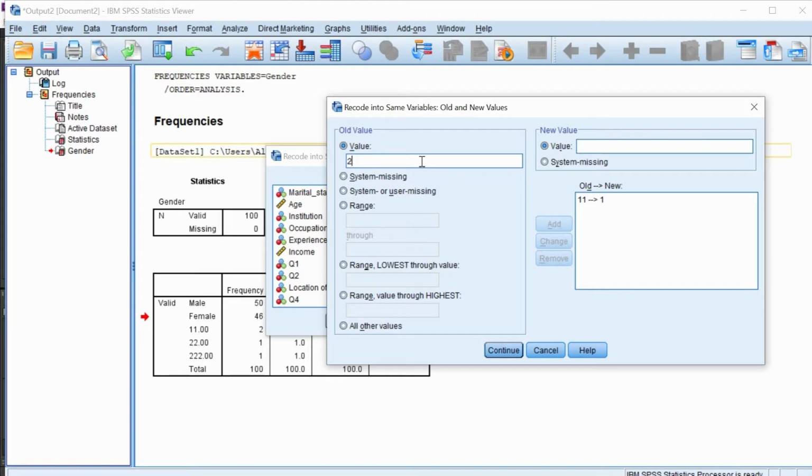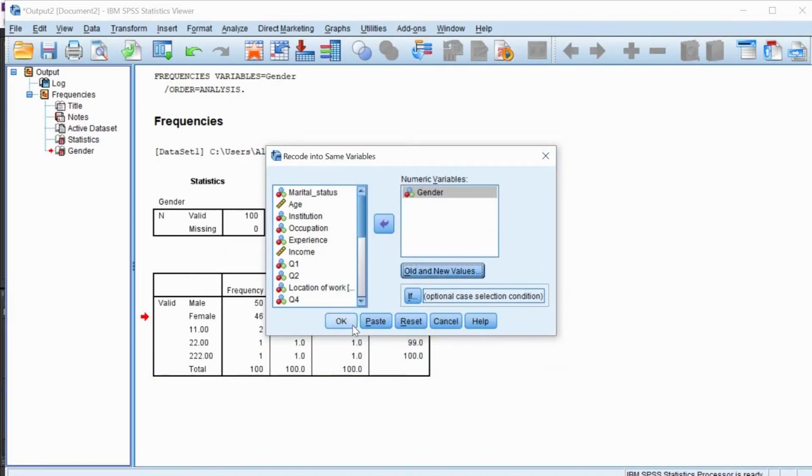and transform 22 into 2 and 222 into 2. Click continue. Click OK button.